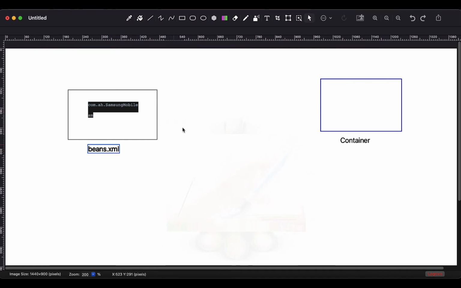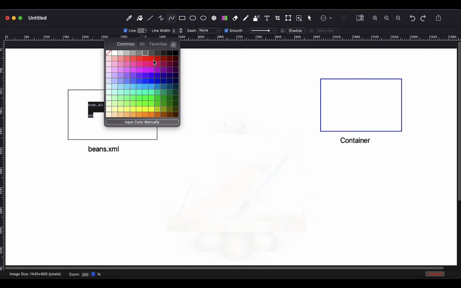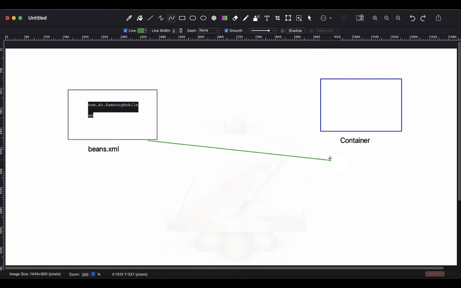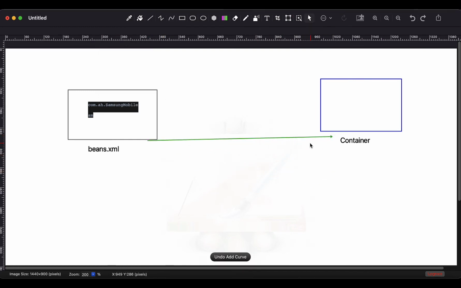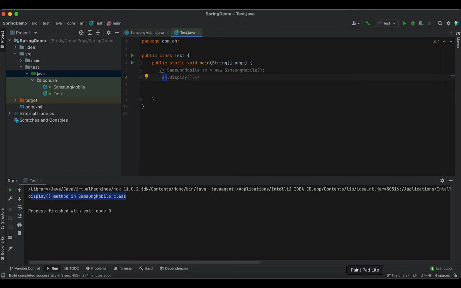And this bean information we will be passing over to the container, as a parameter to the container. It will read the data from the beans.xml, and it will create the object for the Samsung mobile class with reference SM. The same thing. For that we need to have a